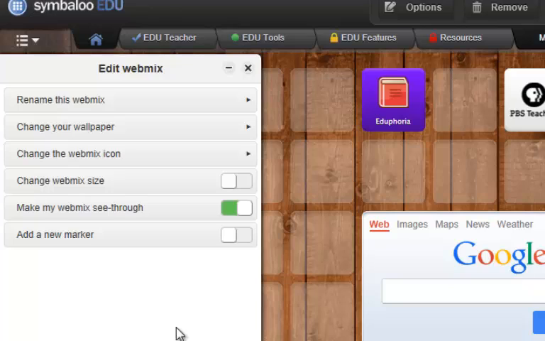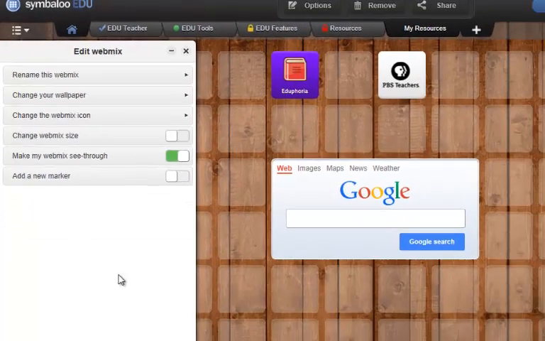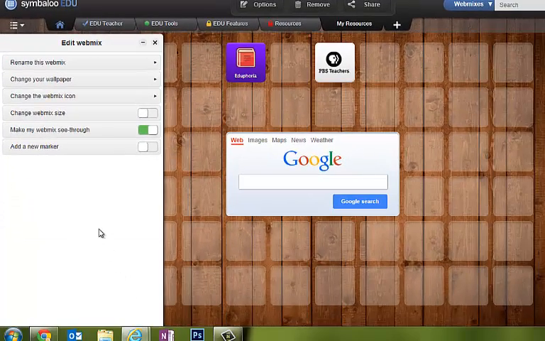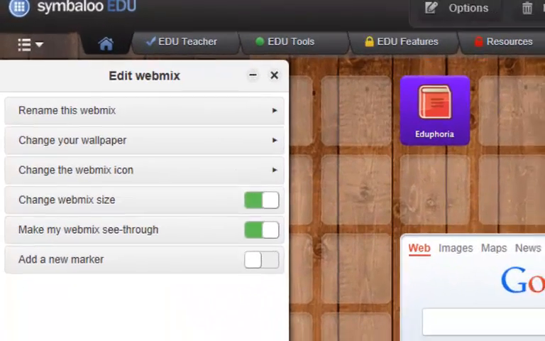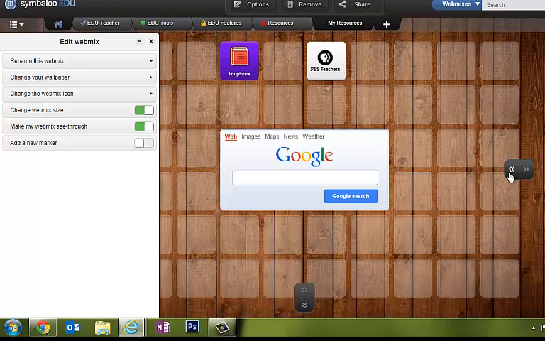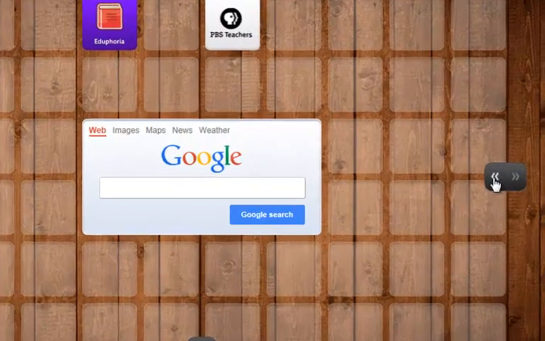The next option is to change the web mix size, and this is actually kind of cool. You can obviously tell from this particular web mix that I don't have very many tiles. Let's just say I wanted to create a web mix that only had a handful, maybe 10 or 12 tiles at all, and it looks kind of bare like this. I could actually change the web mix size by clicking on this option, turning it green, and then you'll see that you get these little tools on the side. Now from here, I can click this